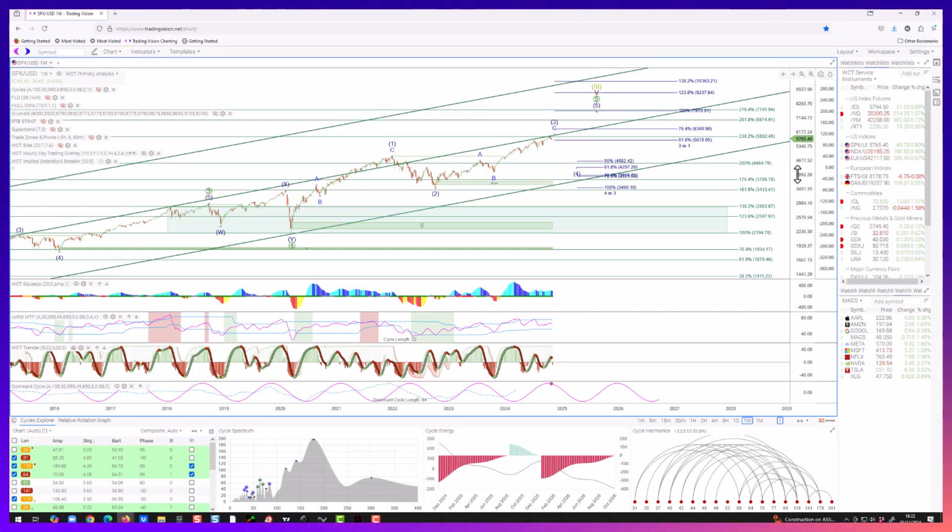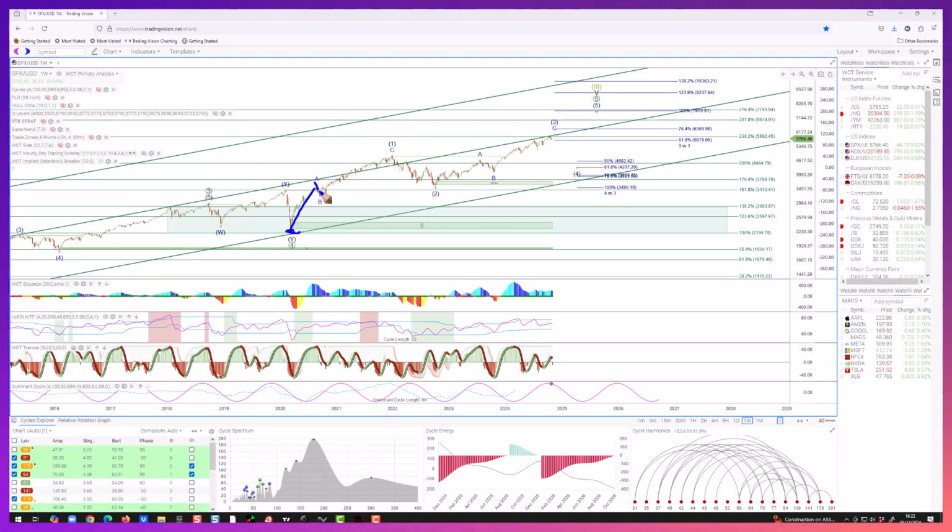That's not uncommon. We also, if you go and read the characteristics of waves, would expect it to climb a wall of worry. And that is exactly, if you look at the geopolitical situation, the economic situation in the major Western economies, not least of which the biggest of those being the US, it's hardly a bed of roses, is it? And the count I've got on here is based on this all being in 3s, where off that March